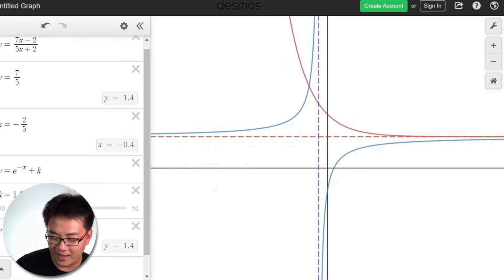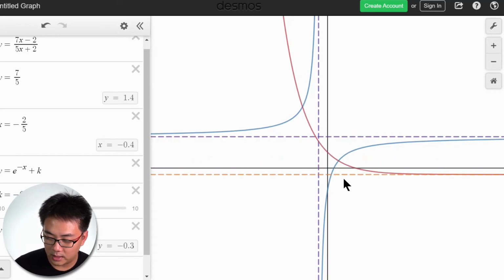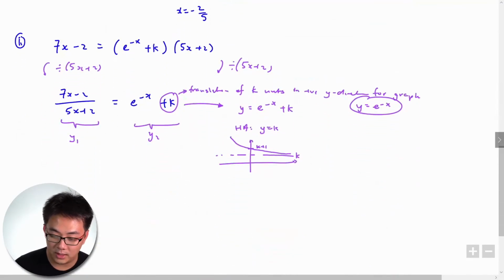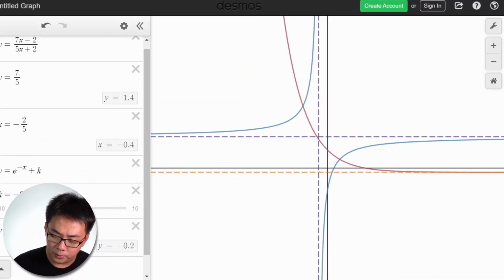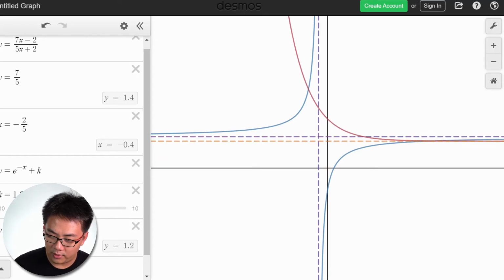So you want to have exactly one intersection. Obviously, here you have two intersections, the red line and the blue line. The reason you want one intersection is because you want exactly one root. One root means one intersection point. So if you increase this here, you have two intersections. So when k is exactly 1,